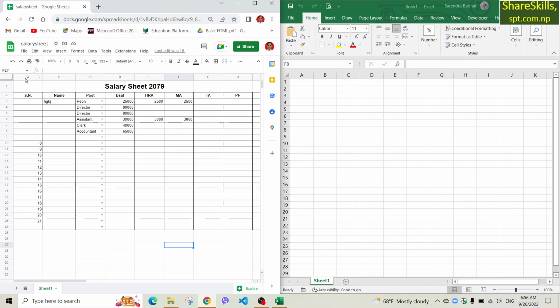Here we can find the numbers of rows and columns, and here also we can find the sheets. Here we can do whatever we can do in Excel, but here we can find some more refined tools in Google Sheet. And another thing, to use MS Excel,